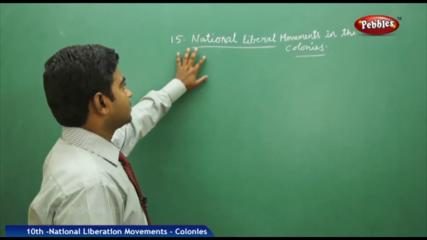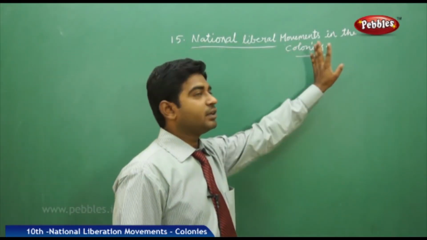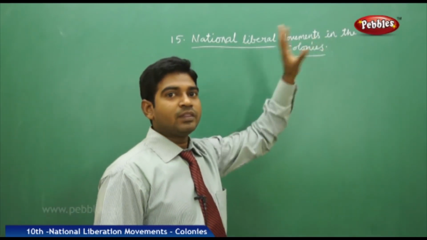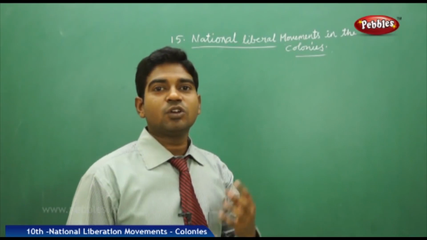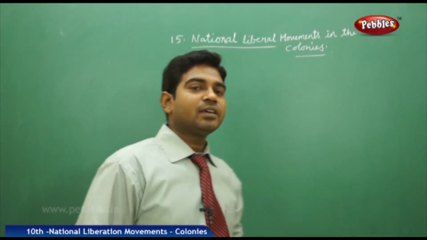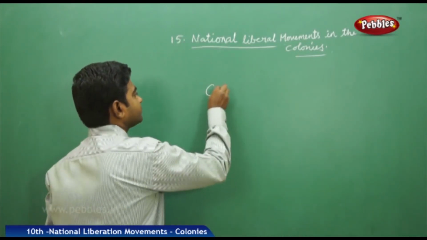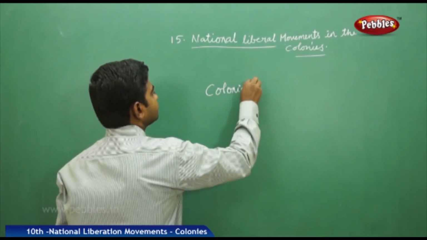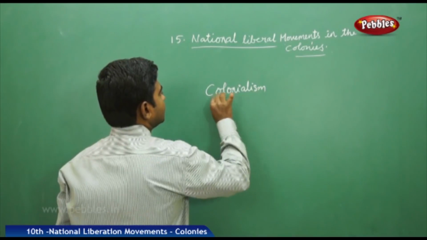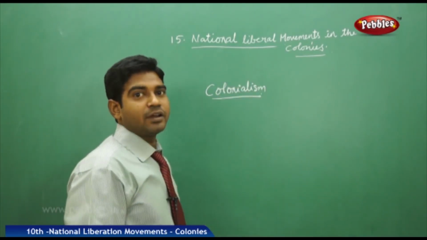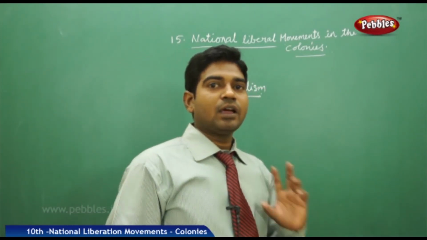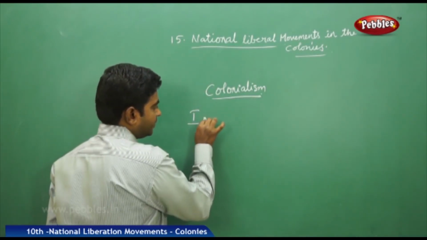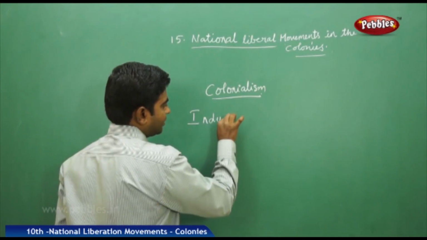Today the concept is the national liberal movements in colonies. What is the meaning of national liberal movements? There are many countries which are controlled by other countries. It is like colonialism. This colonialism concept spread during the 19th century, and almost all the countries which were influenced by the Industrial Revolution